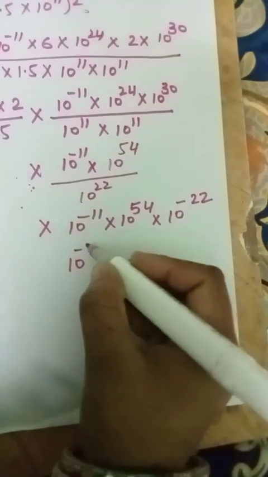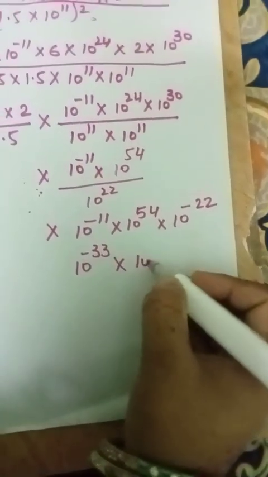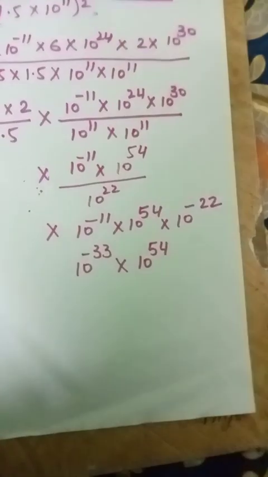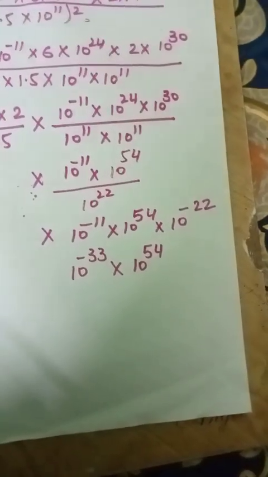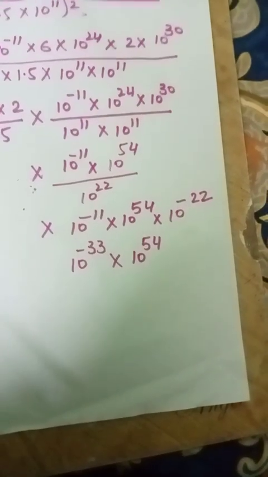So that means minus 33 multiply by 10 raised to power 54. So when we are subtracting 54 and 33, we are getting